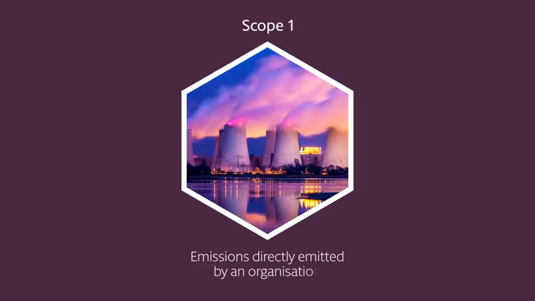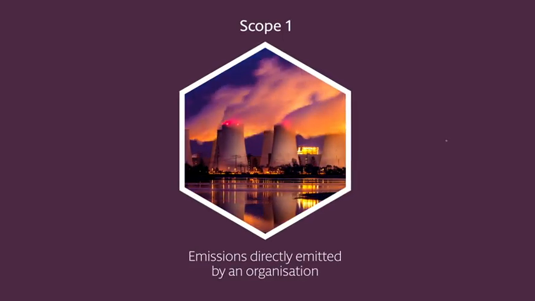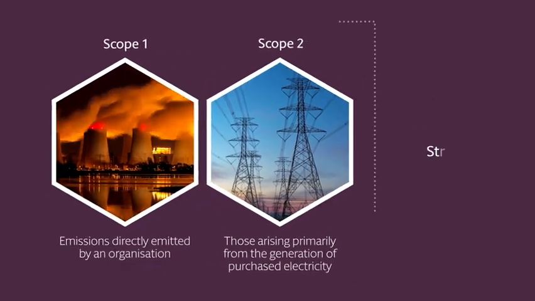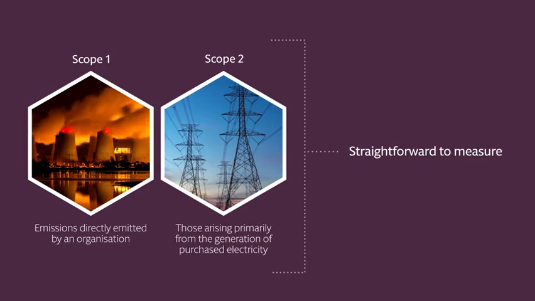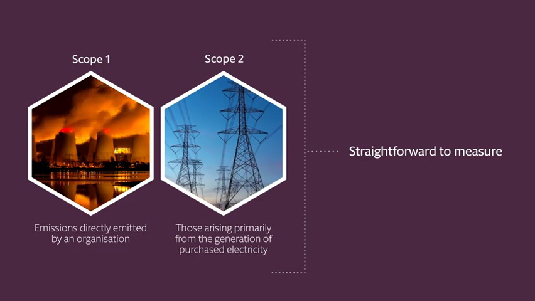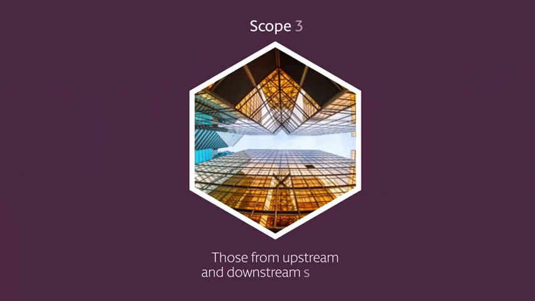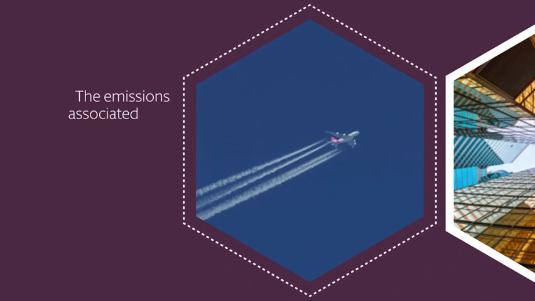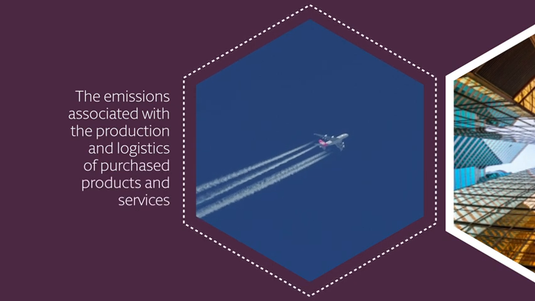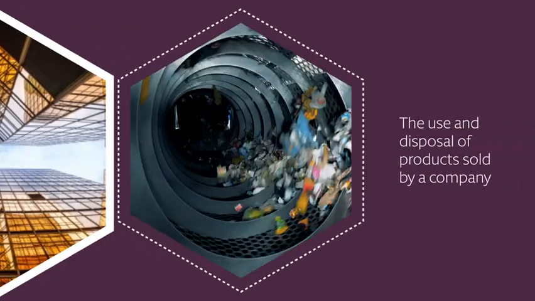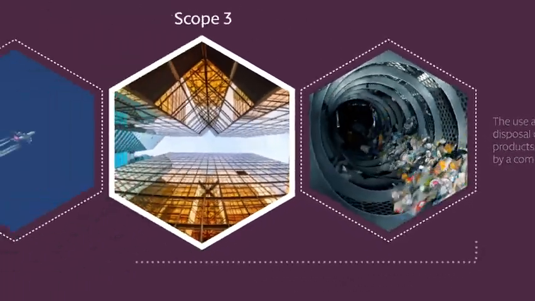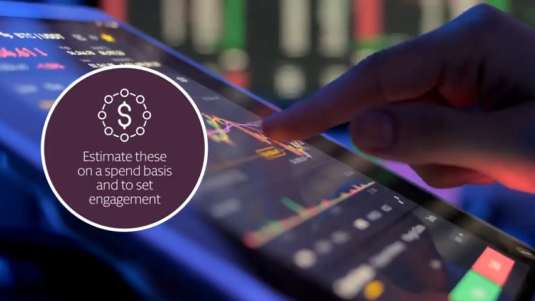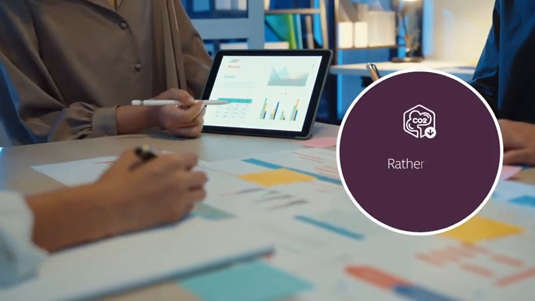Scope 1, emissions directly emitted by an organisation, and Scope 2, those arising primarily from the generation of purchased electricity, are relatively straightforward to measure using established methodology such as that provided by the Greenhouse Gas Protocol. However, Scope 3 emissions, those from upstream and downstream sources, such as the emissions associated with the production and logistics of purchased products and services, or the use and disposal of products sold by a company, are much more difficult to quantify, leading many firms to estimate these on a spend basis and to set engagement rather than quantitative reduction